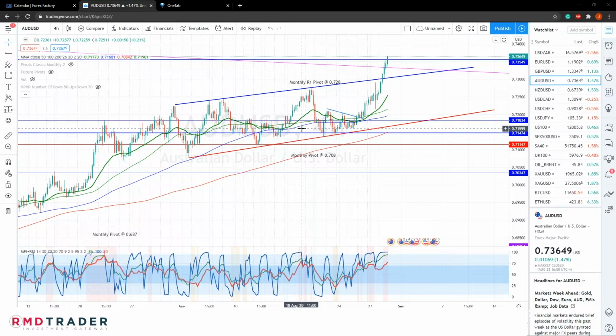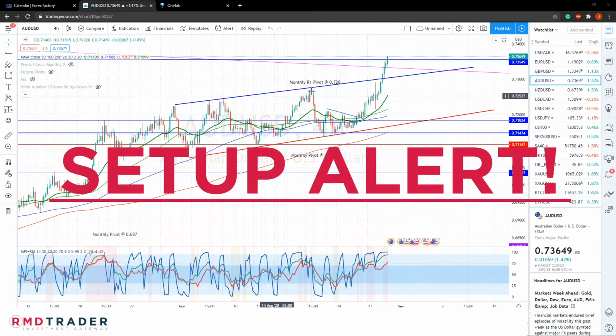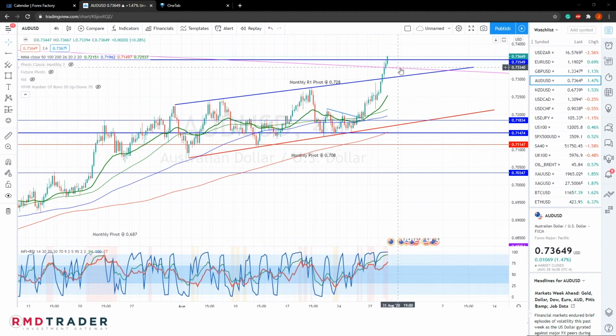with price now right up at our resistance at 0.735. And at this stage, we have even broken above the bullish channel, meaning that a correction at this stage would be due to at least retest the upper section of this channel. And that could be anything from